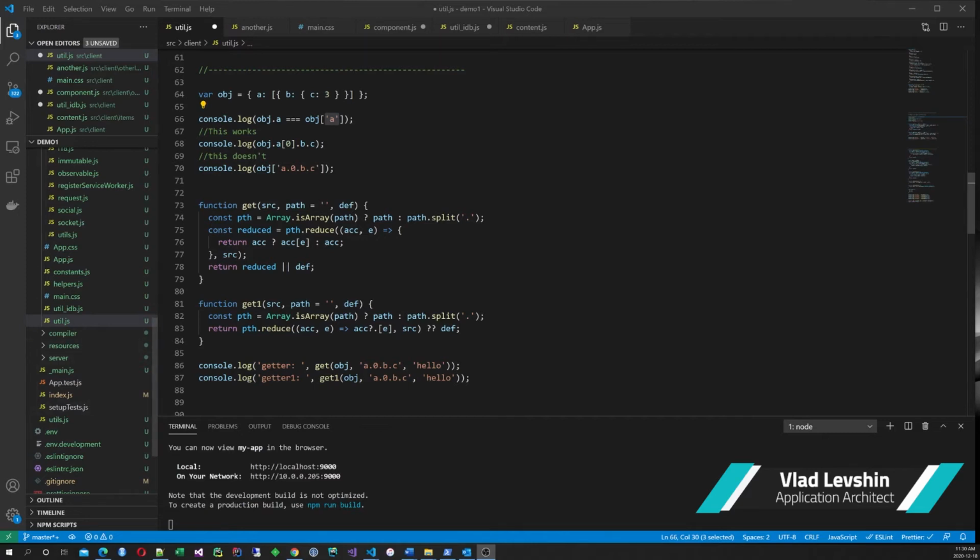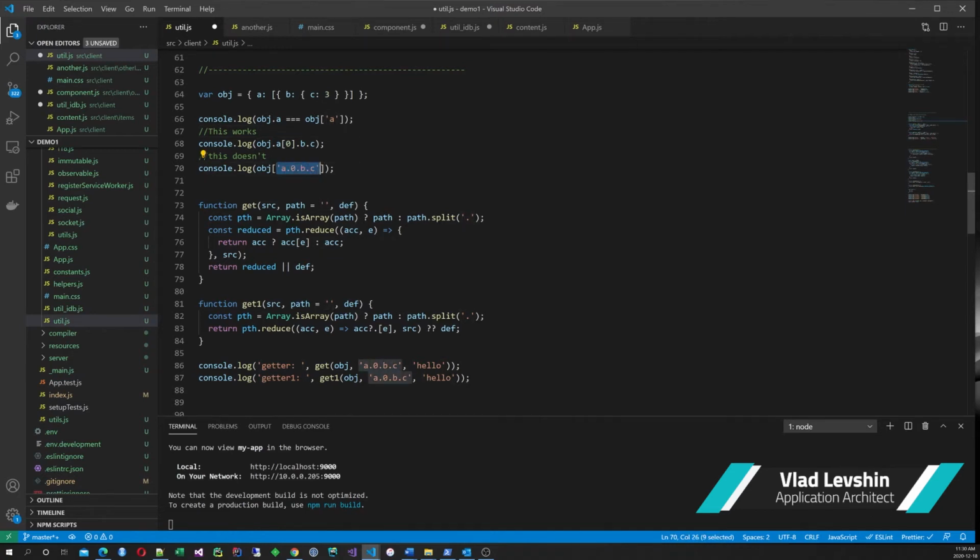So let's say you have an object which is defined like this, a nested object. As you know, in JavaScript you can access properties of an object using dot notation or using bracket notation. With the bracket notation you pass a string as a property name, and it works. But if you want to go deeper, you could still use dot notation like follows. But unfortunately, it's not possible to use